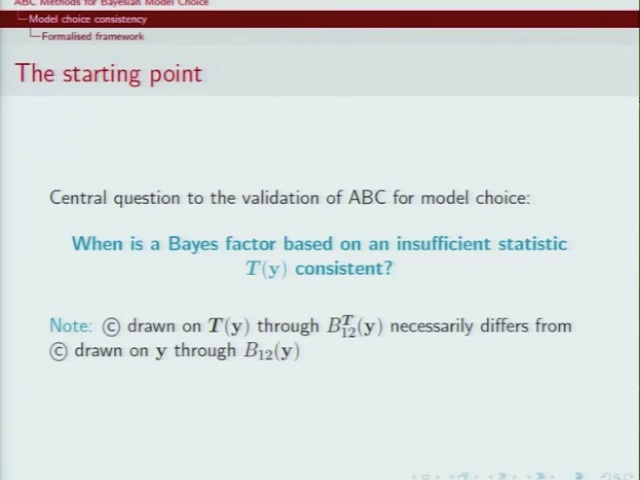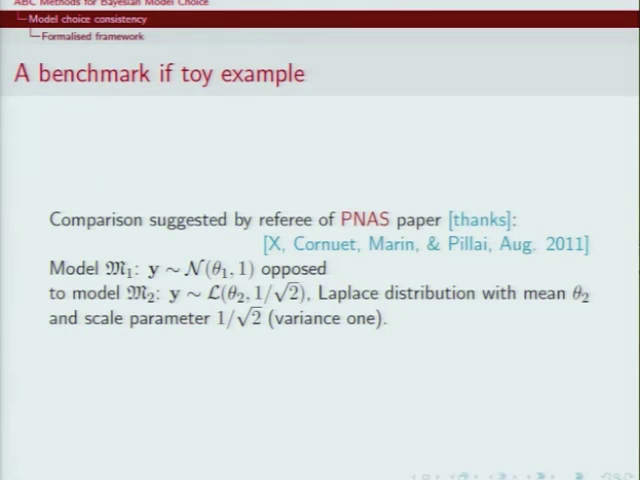Okay. So we are no longer considering an approximation of B12 of y. We have given up on that level. We are only considering B_T12 of y. It's a Bayes factor based on T of y. Okay. And to start with yet another toy example that was suggested through the editorial process of the previous paper,